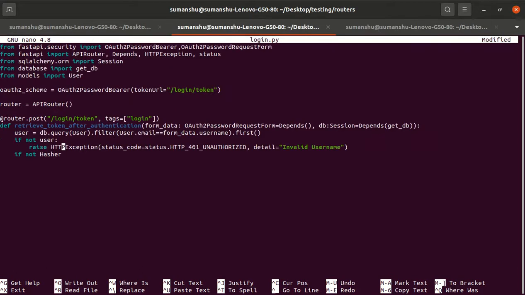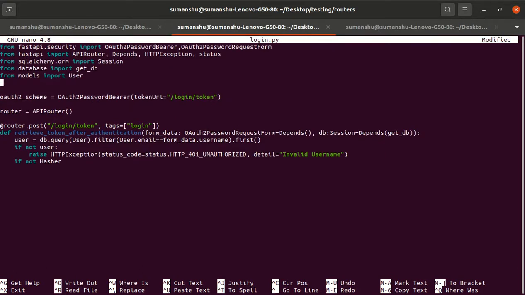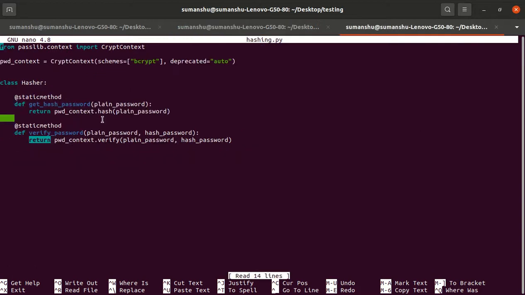So from hashing import Hasher, so Hasher.verify_password, because it is a verify password function, and it took the plain password and the hashed password.